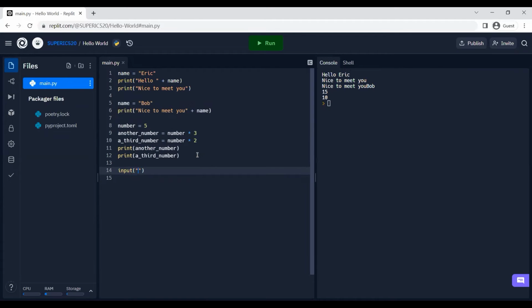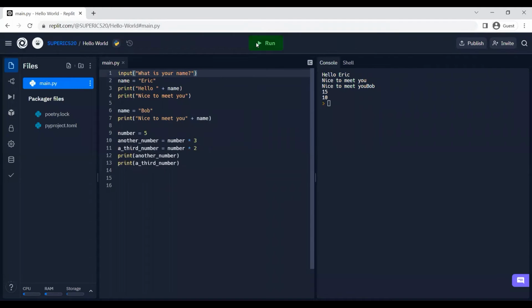Input, parentheses. And I could say, what is your name? Inside here. And then if I put it at the top, well, then you can answer, right? Now we can actually do